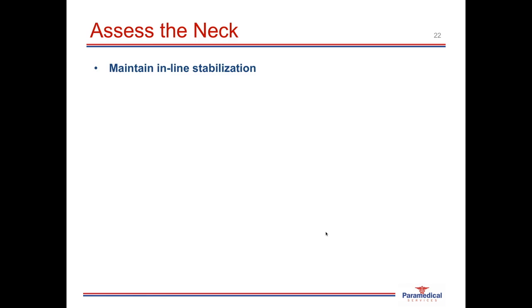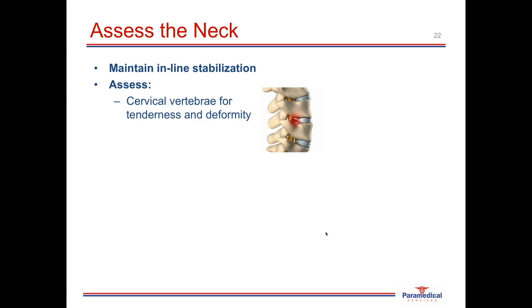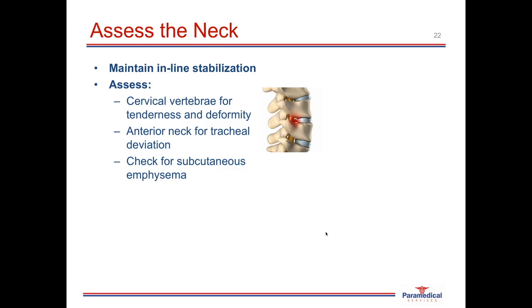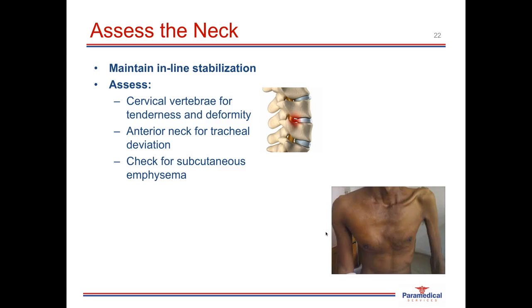When assessing the patient's neck, maintain inline stabilization with any patient that we may be querying a spinal injury. Then assess the cervical vertebra for tenderness and deformity. Check the anterior neck for any tracheal deviation. Look for subcutaneous emphysema. If you have a look at the picture on the right hand side over here, you can see